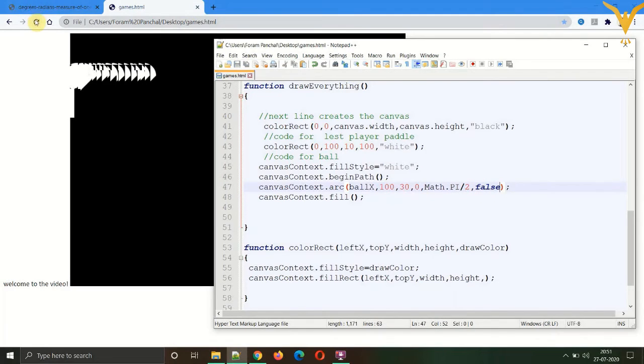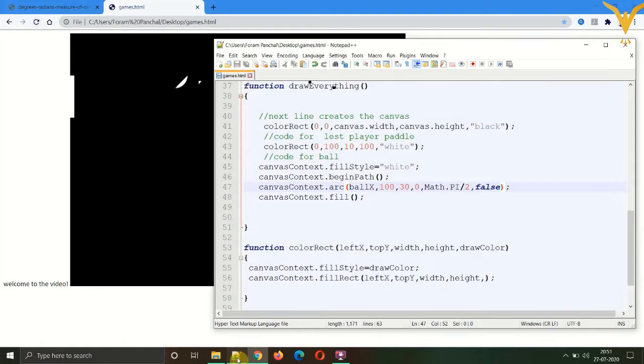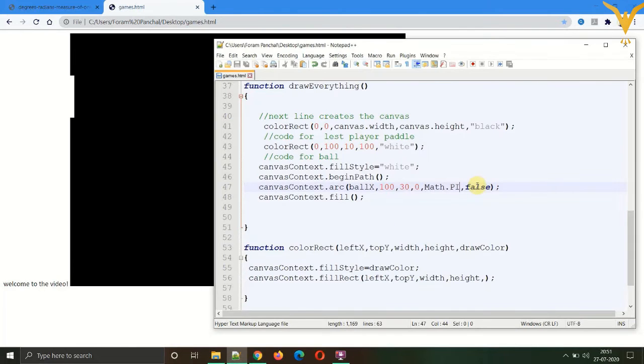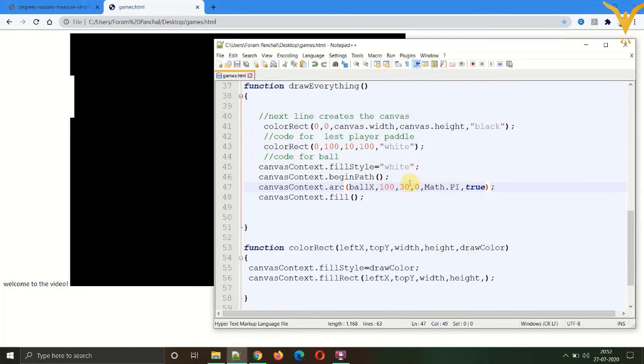So you can see a slice of the circle is visible. Now for a half circle, you need to put just Math dot PI, save and refresh. So you can see the half circle. If I put true, the upper half of the circle will be visible. You need to practice with all these parameters so you are used to it. Okay, so let's get back to normal. Let's decrease the size to 10 and put here into 2.